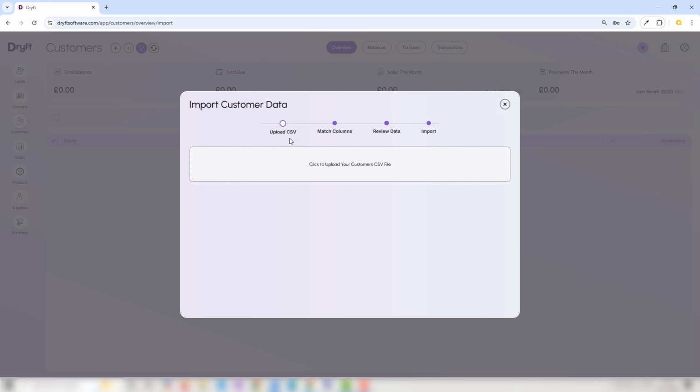The first thing is to upload the CSV file. Once we've done that, then we need to match the columns, to match the columns in your CSV with the fields that Dryft has. Once we've done that, it will then give us a list of data that matches up with those columns. We review it. If there's anything that we don't like, we can omit it, and then we can proceed with